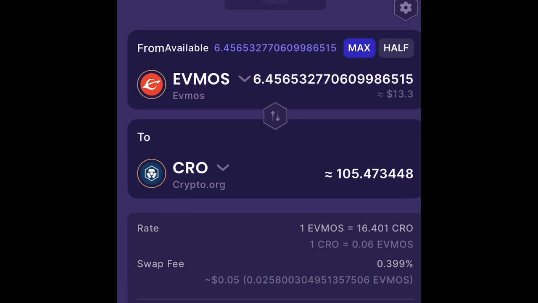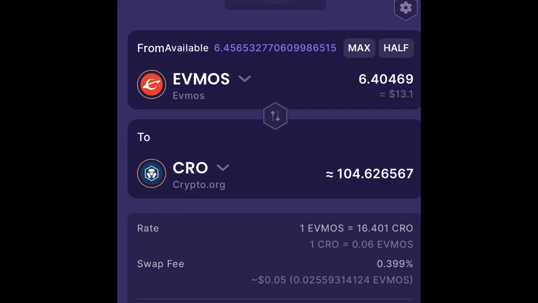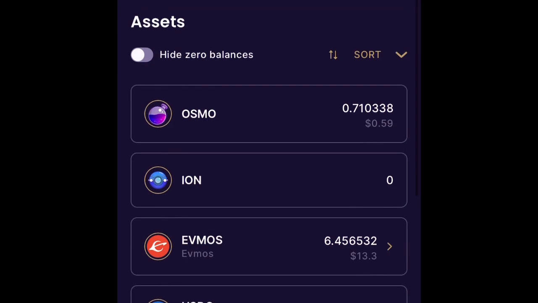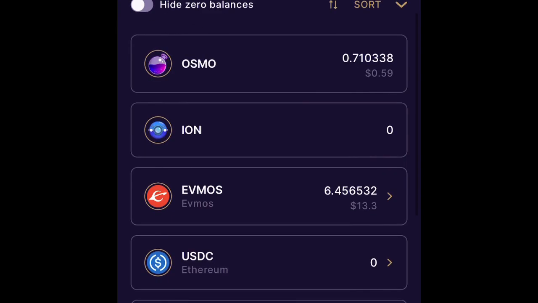So basically, I got all that Evmos now. I swapped my Crow for it, right? So now you say, okay, I want to farm with it. I want to go to Diffusion and all that. You can't do it with the Evmos that's in your Osmosis Labs wallet. This is kind of like a wallet if you want to consider it that. Osmosis Labs is big bullish, guys.